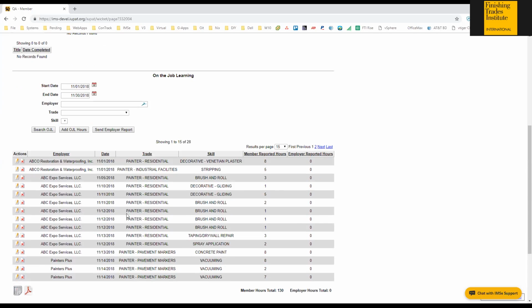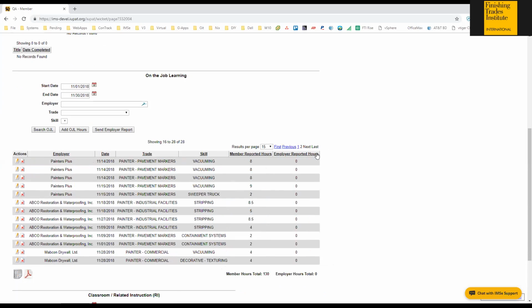Of course, this is what I have entered in. We have 2 pages here. So if I go to next, here's the MapCon drywall stuff that we just entered in a couple of minutes ago on the app. So you'll notice here that it has the employer, the date, the trade, the skill, the member reported hours. Now the member reported hours are what the actual member entered in on the app. The employer reported hours are meant for you guys to use to verify these hours with the employer hours you